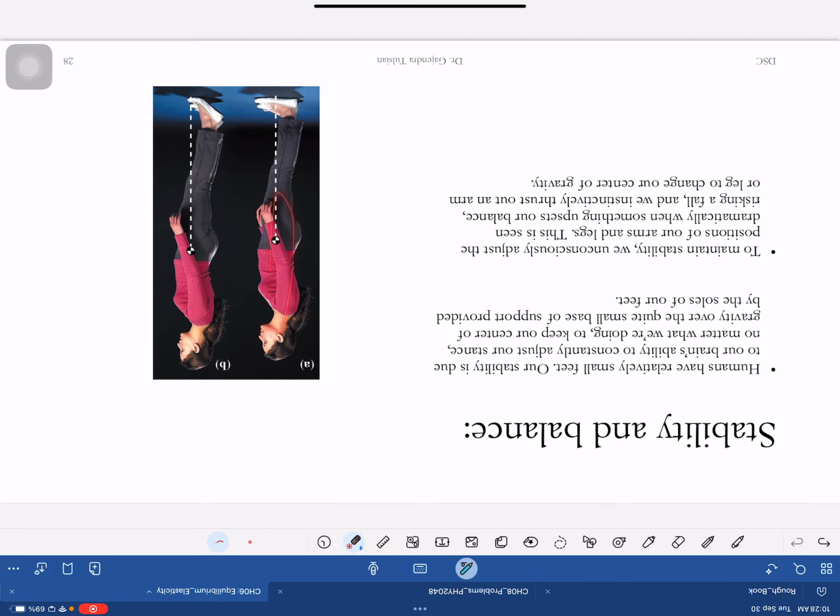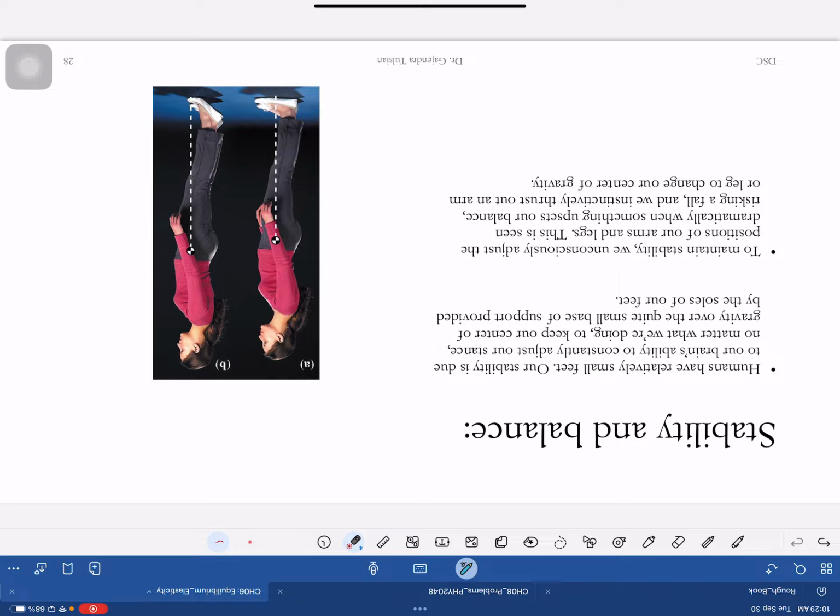Okay, so here's this girl. When she's standing on her flat foot, her center of mass has that much area to be above. So when she goes on tippy toe, what happens? Her center of mass rose, and then the center of mass had to come forward as well, because now the center of mass has to be above her tippy toe. So the center of mass came forward and rose up. And of course, this is a much harder position because you have to keep your center of mass above that point.